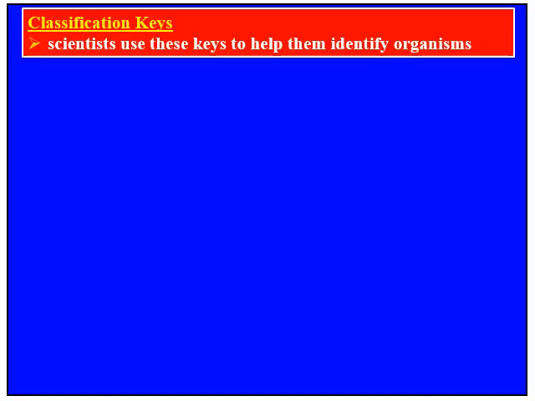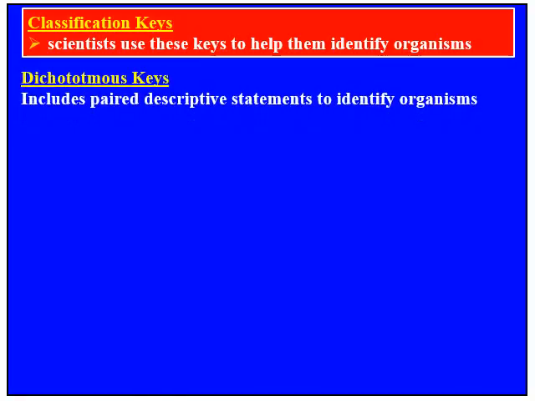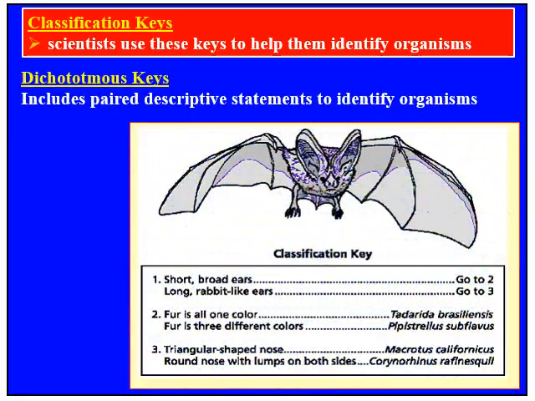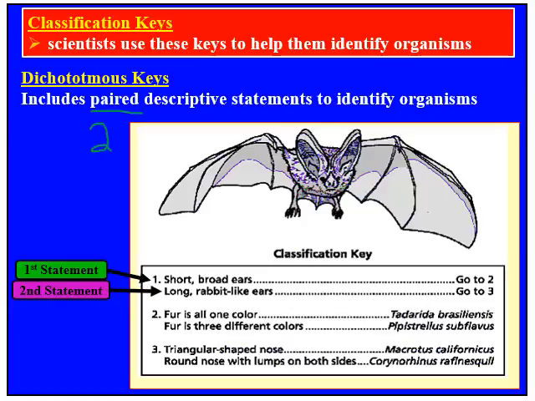So again, our classification keys are keys or maps or guides to help us identify organisms. The first we're going to start with is called a dichotomous key. This includes paired descriptive statements to identify organisms. When we see that word paired, we know that paired means 2. So it's going to ask you kind of a yes/no question: does it have this or does it not have this? As you can see here, our first question and statement is, does it have short, broad ears or